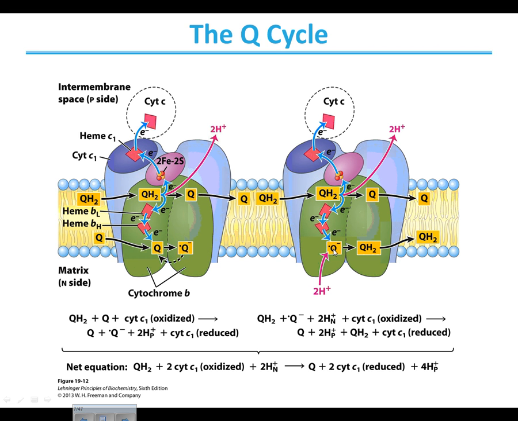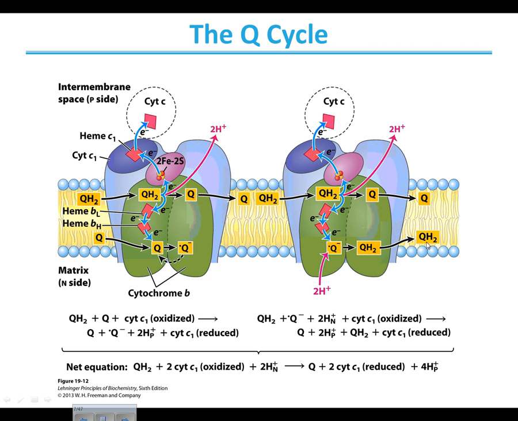So now move over and look at this side. Coenzyme Q with 1 radical will sit and wait. This is the cycle part. When a second molecule of coenzyme Q from either complex 1 or 2 comes in, it will do the same thing. Donate 1 electron to a molecule of cytochrome C, the product, and then another electron comes down, but this time there's a radical version of coenzyme Q waiting to accept the other electron. The second electron plus 2 protons pulled from the matrix produce another molecule of